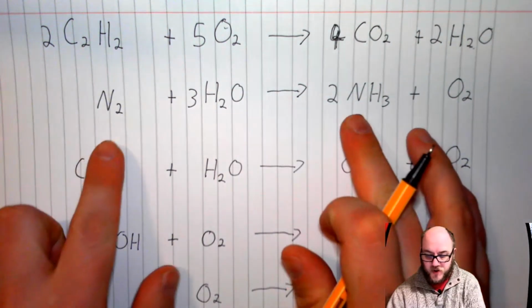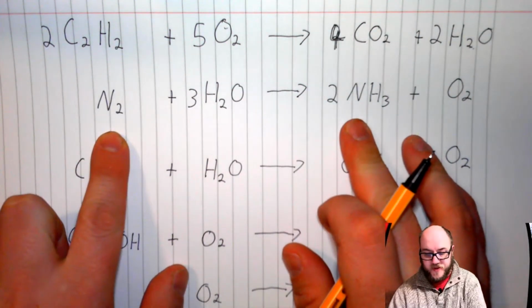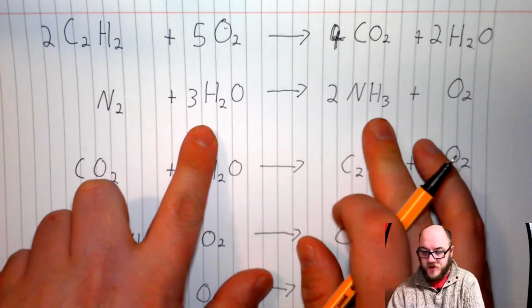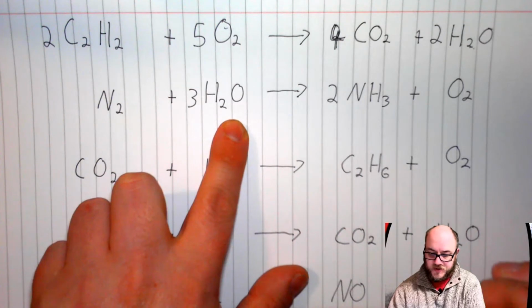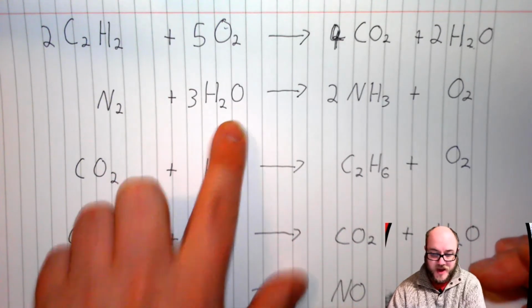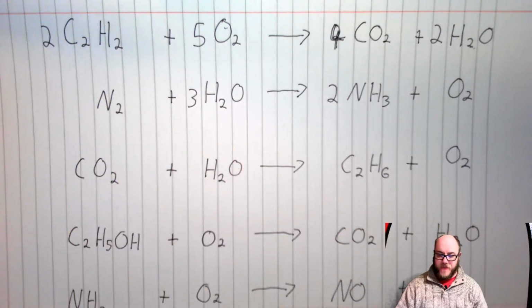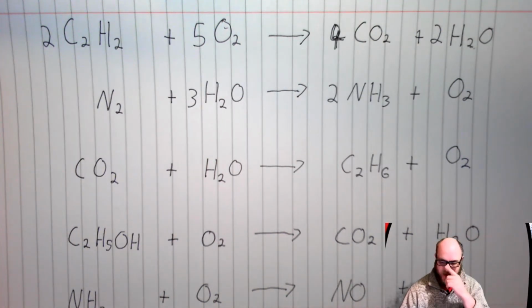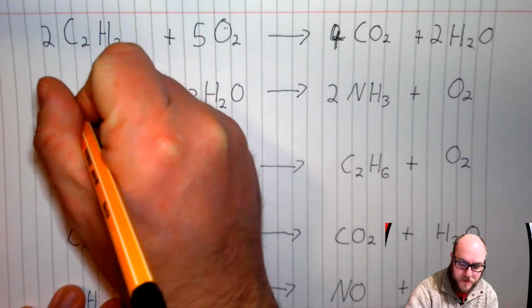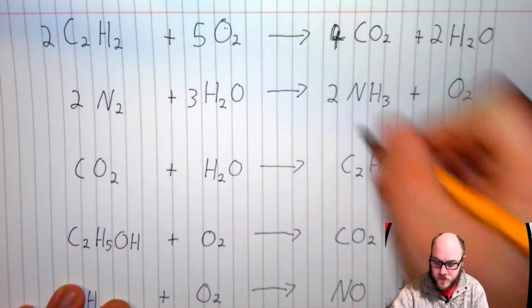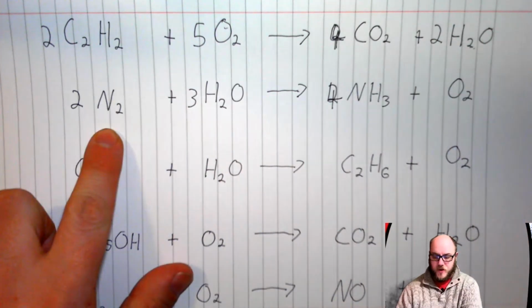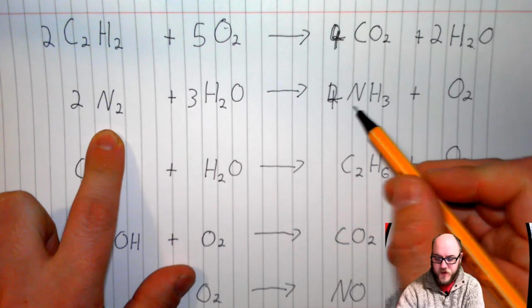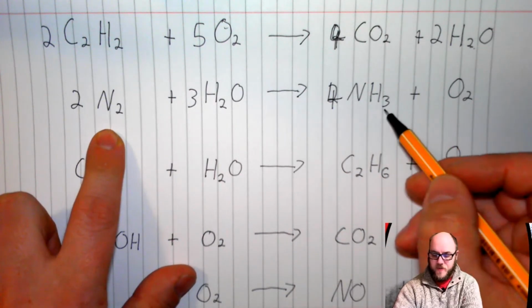But I've got 2 nitrogens, so this is looking good. I've got 6 hydrogens, that's looking good, but I've got 3 oxygens. That's not going to work. Again, I've got an odd number. So what can I do here? Well, what I can do here is have 2 nitrogens, or 2 N2s, which would mean I need 4 of these, and that would give me